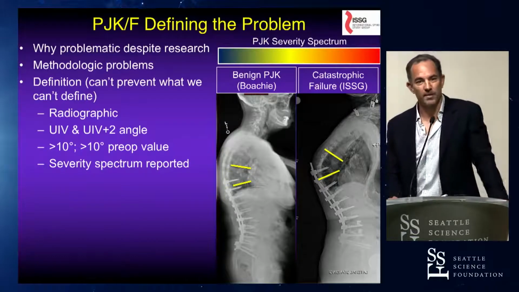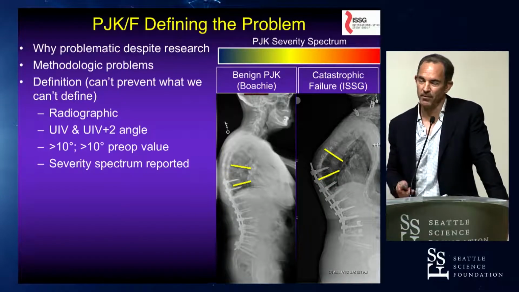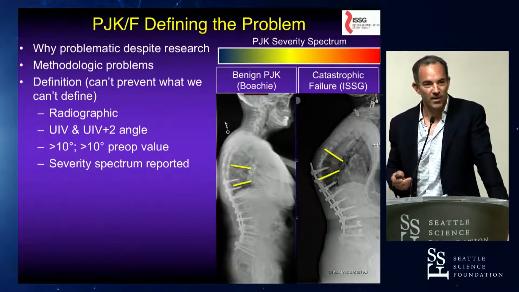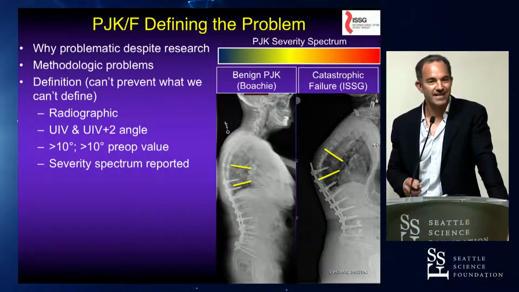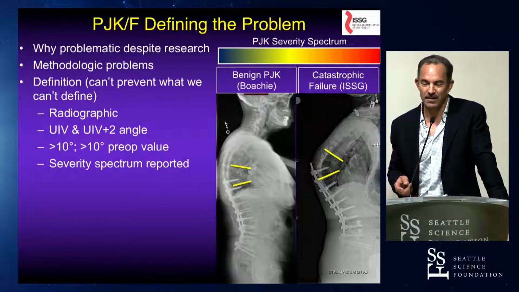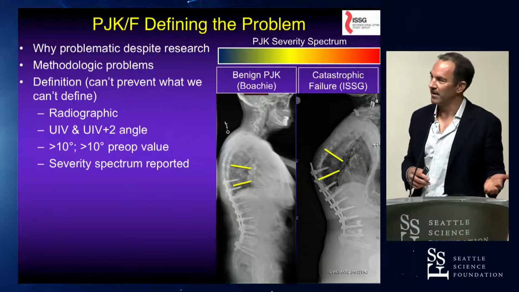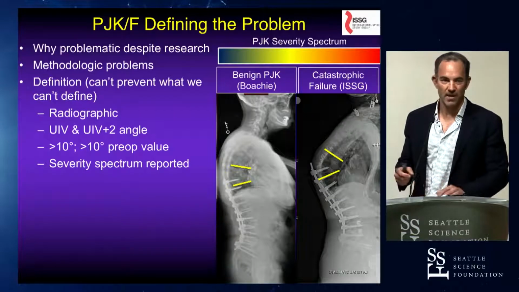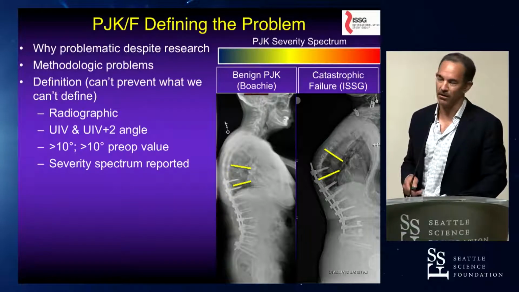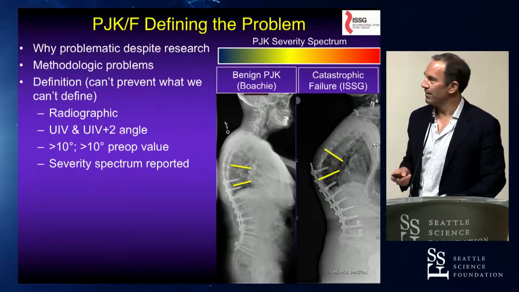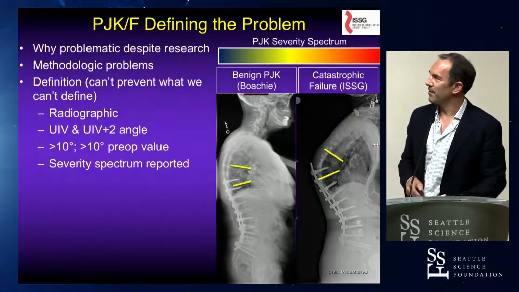The problem, though, with PJF is that it remains problematic despite all the research that's been focused on it, because of the methodologies within it, and namely, how do we define it? And the problem is, we can't prevent something if we can't define it, right? And so currently, it's a radiographic definition because that's the easiest way to do so. And so it's 10 plus 10, right? So the angle between the UIV and the UIV plus 2 has to be 10 degrees and 10 degrees greater